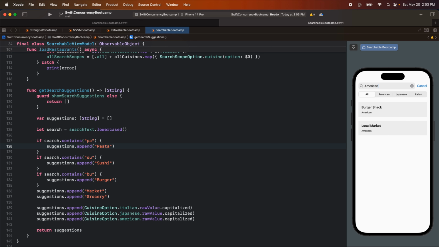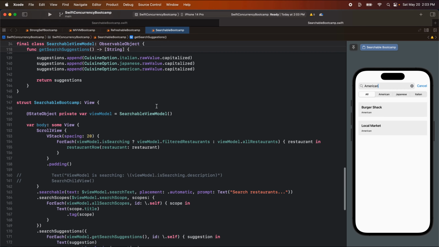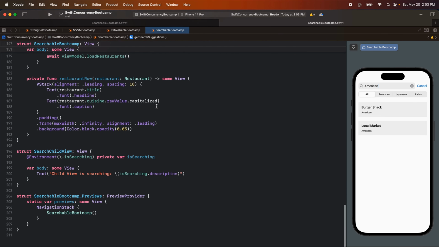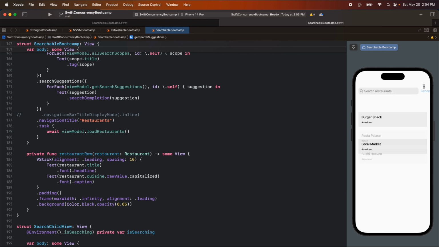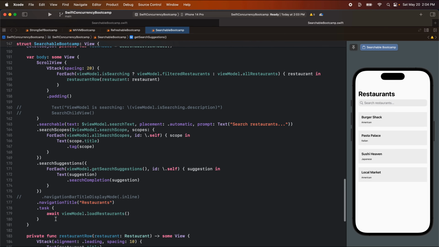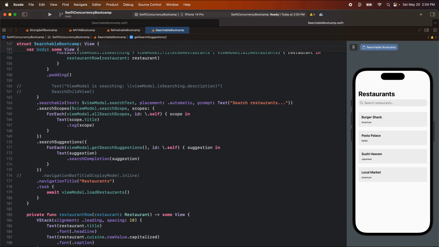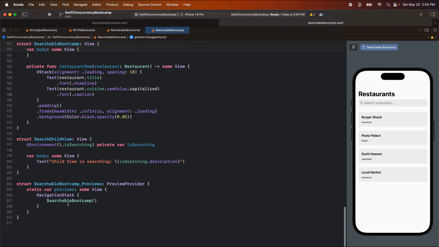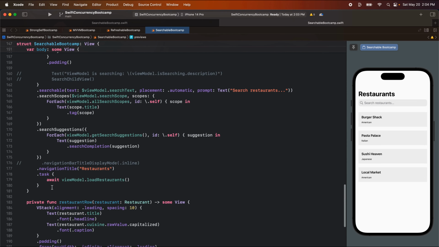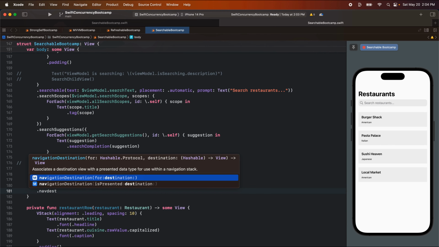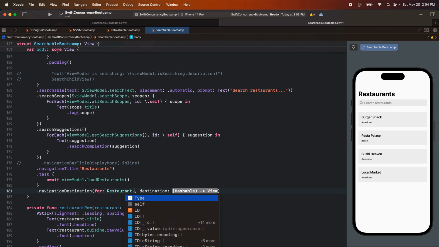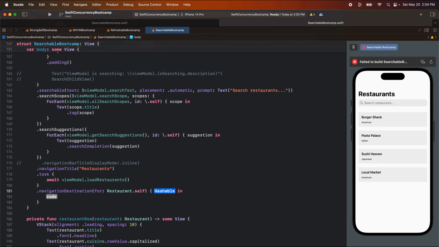The last thing, we'll wrap up this video with just some basic segues because I recently covered the navigation stack on my channel. And so we could update our UI pretty quickly. So like Burger Shack, Pasta Palace, maybe when we click on these, we want to go to the next screen. So one way to do that in the UI would be to have a navigation stack, which we're already inside. Then we can add in a .navigationDestination for a restaurant. And this will be the restaurant. Let's just go to a screen that has the text with the restaurant